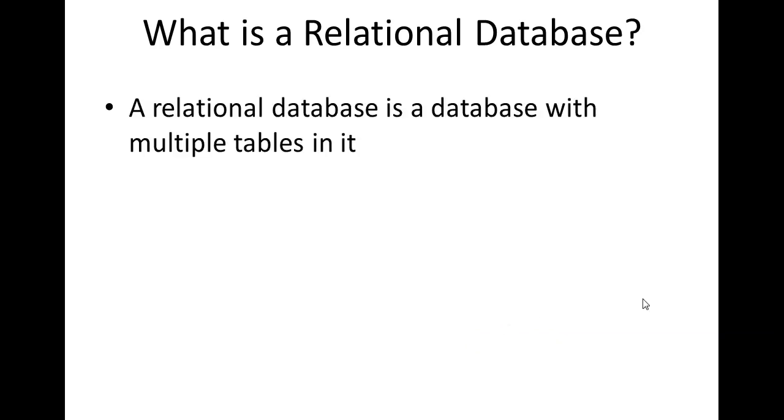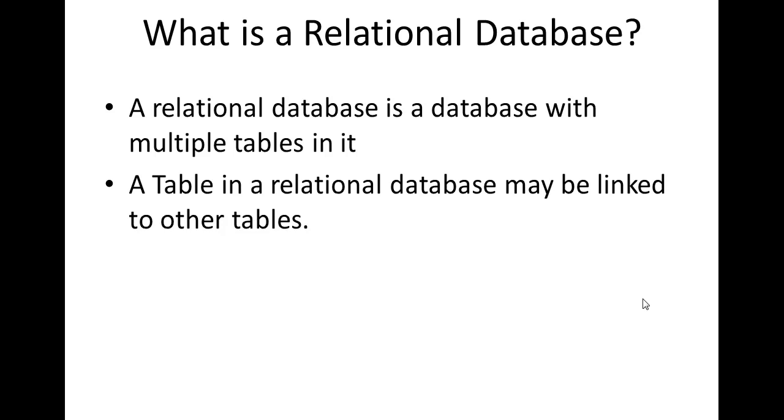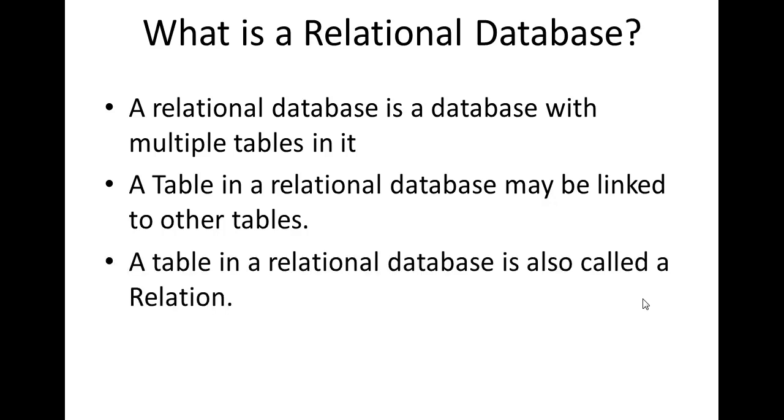What is a relational database? A relational database is a database with multiple tables in it. A table in a relational database may be linked to other tables, and a table in a relational database is called a relation. So tables in a relational database that are linked to other tables, this relationship can be